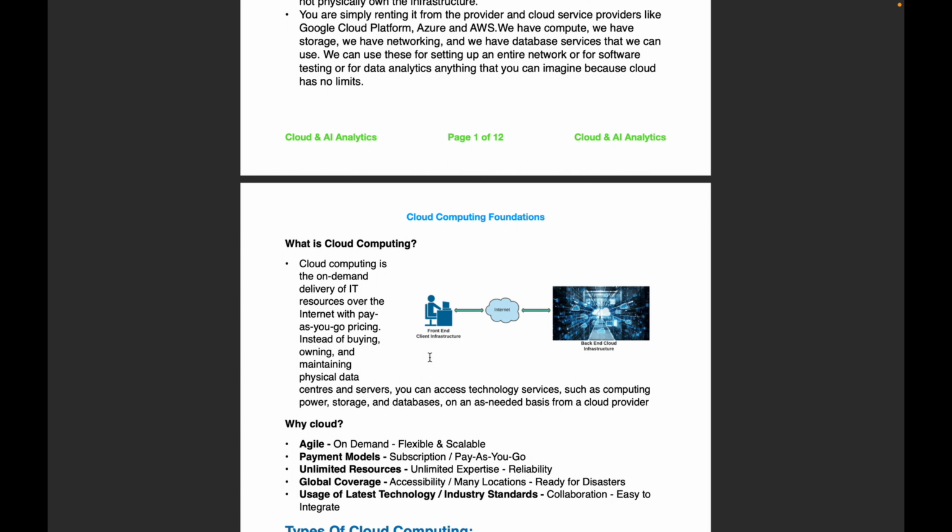The most important point is that our application will be highly available, and there will be minimal loss of the data. Not minimal, there will be no loss of data, but even if there is some disturbance in the application which is hosting it, even in that case there will be very minimal loss of the data, and it is highly available. And there are a few services in cloud platform which are regional, zonal resources, and global resources as well. And the next thing is usage of latest technology and industry standards.